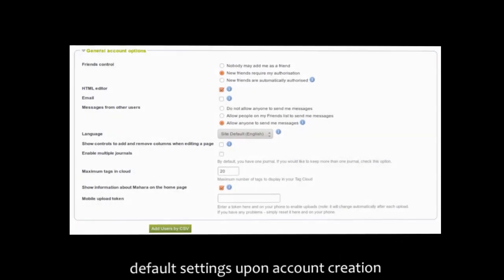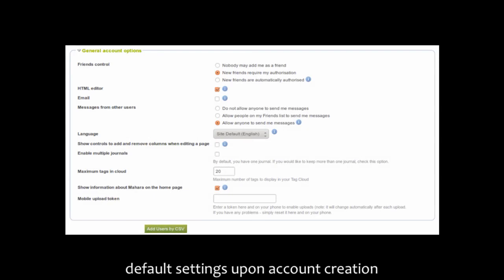Now we are getting into some more administrative features for the last part, and these have been implemented also to give schools more say in the default settings, for example, upon account creation. So if a school adds a user or also adds users by CSV file, they can now decide on the default settings for friends, for the HTML editor, whether they want to have multiple blocks or not, what the language should be that the kids are going to use, and so on. And that, of course, is only for new accounts and only the default settings, because we are not yet in the